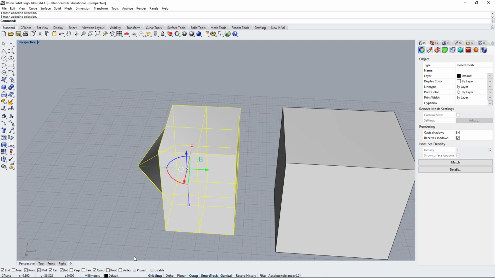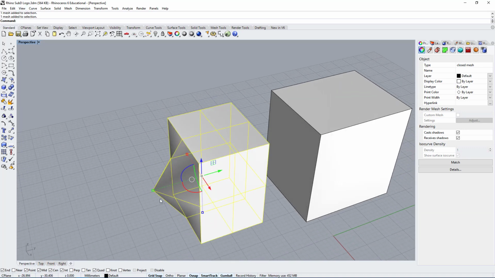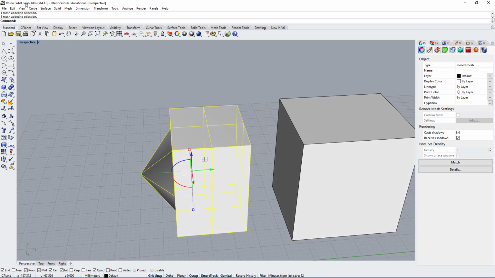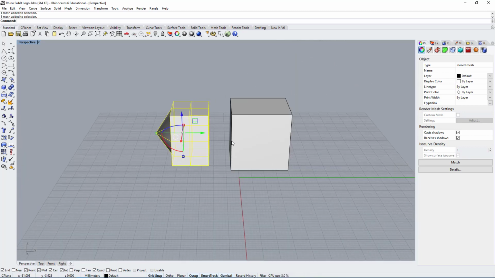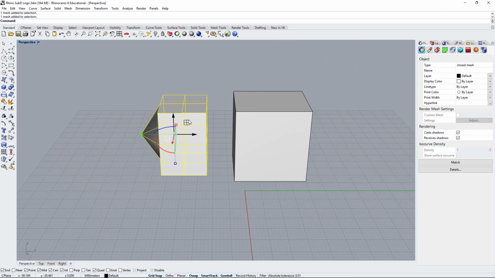Now one thing I should mention too is we are using Rhino 6, and by default the SubD commands are not enabled. If you want these commands to be enabled, you can use the work in progress, the WIP version. If you paid for a license of Rhino 6, you can download the WIP version, which will have all of these commands. But the main command that we typically use when we use SubD would be SubDFromMesh.